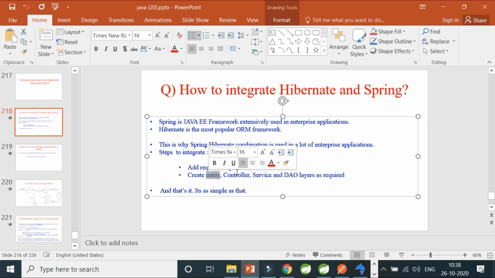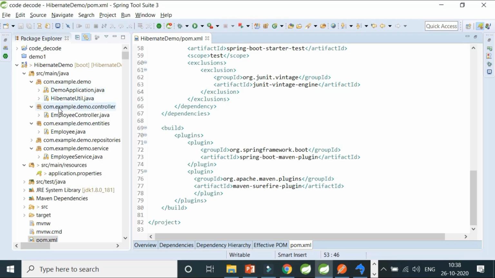And the second part, to make your Hibernate configurations and Hibernate layer complete flow, I'll be having three things there: the entity, the controller, the service, and the DAO layer. So the very first part will be my entity. Basically, I'm here creating an employee view for you, right? So I should be able to create a CRUD with the employee entity.